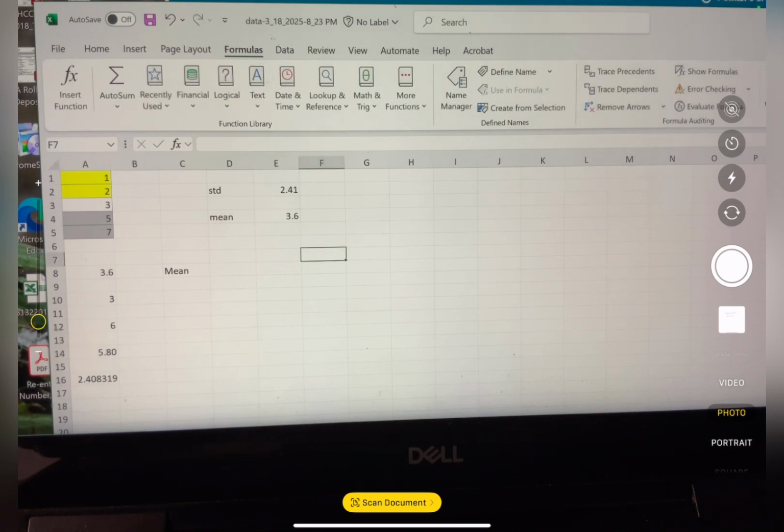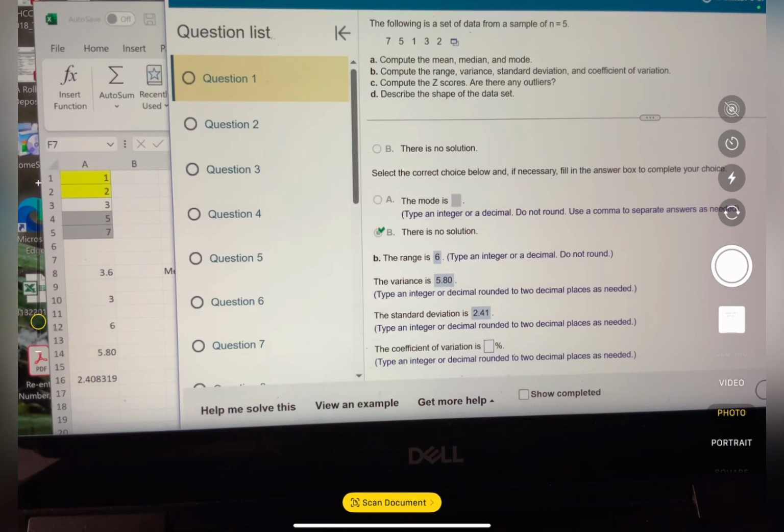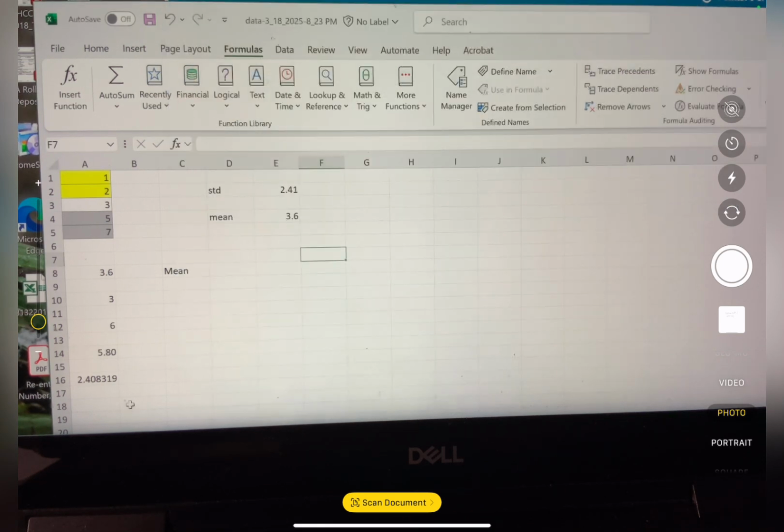So to find coefficient of variation, what we have to do, let me write down here, coefficient of variance is equal to standard deviation divided by mean. All right, so